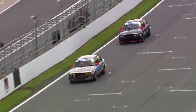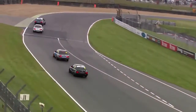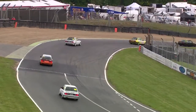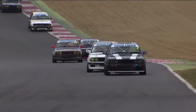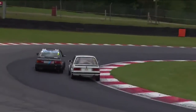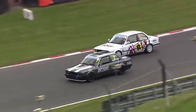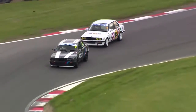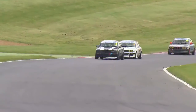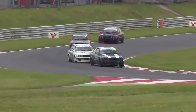Along the Brabham Straight we come, across the start and finish line. Look towards Paddock Hill Bend. Deeply onto the brakes from Cooper in fourth position, trying to pressurise Andy Gay, but Rob Cooper runs a little bit wide as again Harry Goodman lines up the move on Swaffer to the inside at Druids. Again Matt Swaffer closes the door, this time possibly a little bit too late as Goodman gets the opportunity to draw alongside as they run downhill towards Graham Hill Bend, but it is Matt Swaffer who has got the track position. He turns across and covers the inside line as they then sprint along the Cooper Straight in towards Surtees,